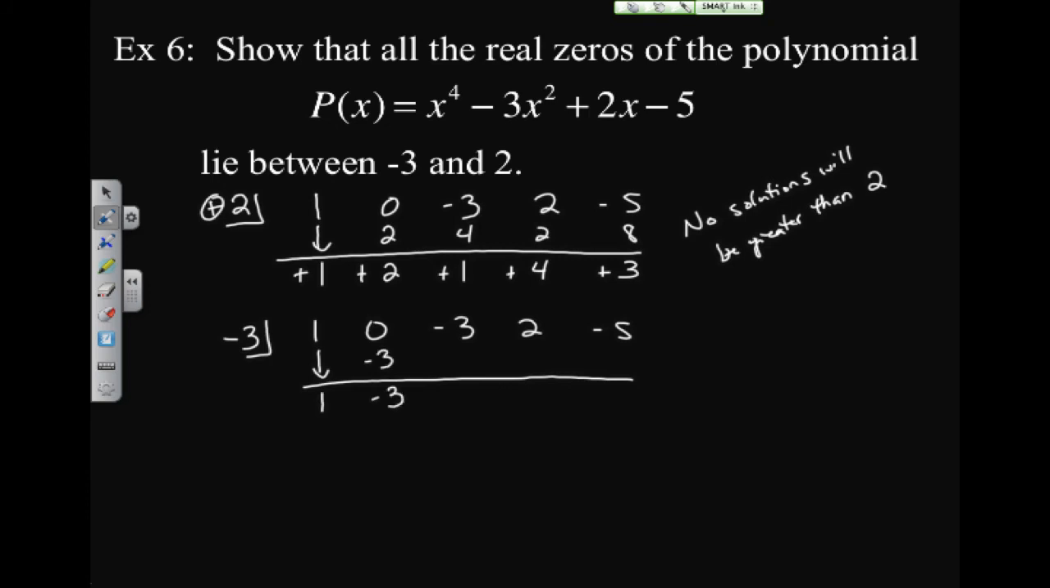You get a -3. That gives you a 9. -18 gives you -16. And 43. Now notice this time we were using a negative to divide, and these alternate. Plus, minus, plus, minus, plus. When that's the case, that means no solutions